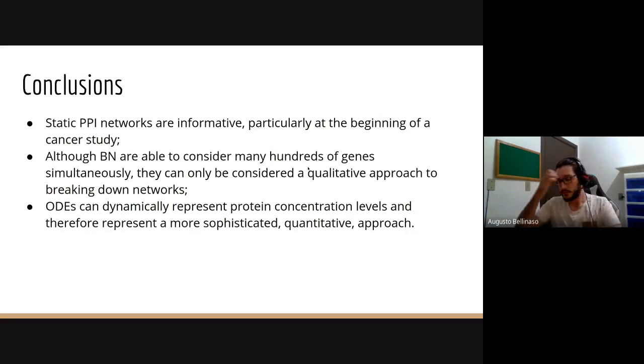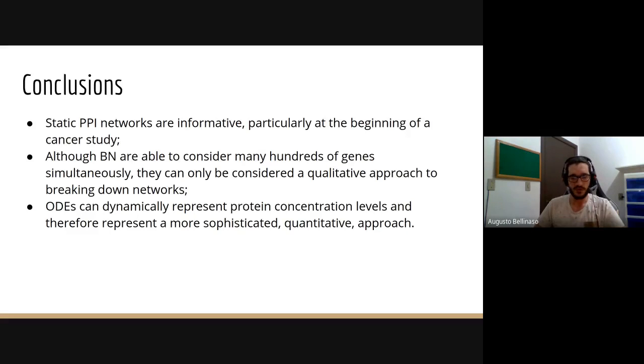So as a conclusion, the static networks provide an informative result, especially at the beginning of the study, so we can identify potential targets for further studies. And the Boolean networks can consider hundreds of genes, but they only provide a qualitative approach. But these qualitative results are good because they provide a good approximation of how this signaling and regulatory network